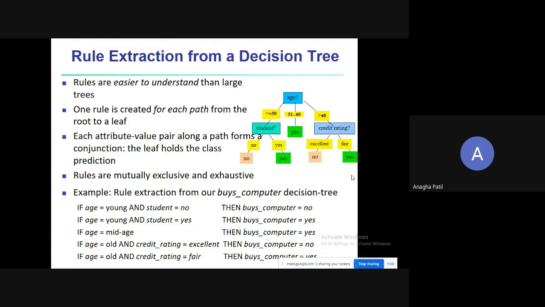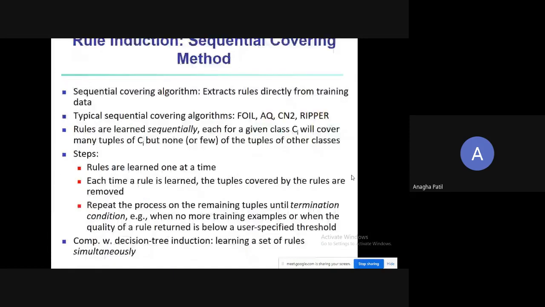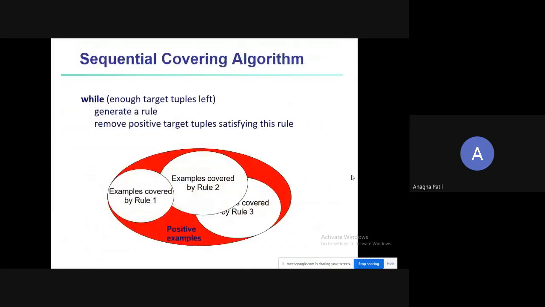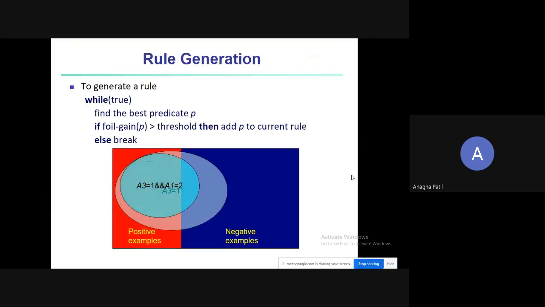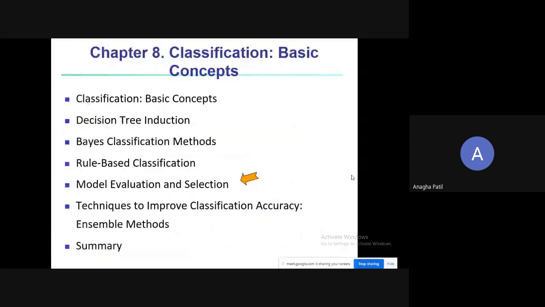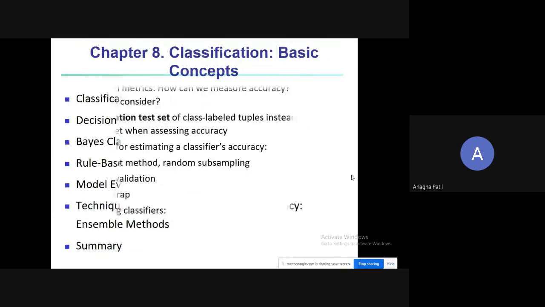So we have now learned three algorithms for classification. The very first is decision tree, the second is Bayesian classification, and the third is rule-based classification. Now let's say you have been given an example and you need to decide which classification algorithm is best, or which is giving you a more accurate output. That we need to evaluate. I'm skipping certain slides to move directly to that part, that is, evaluating the model.